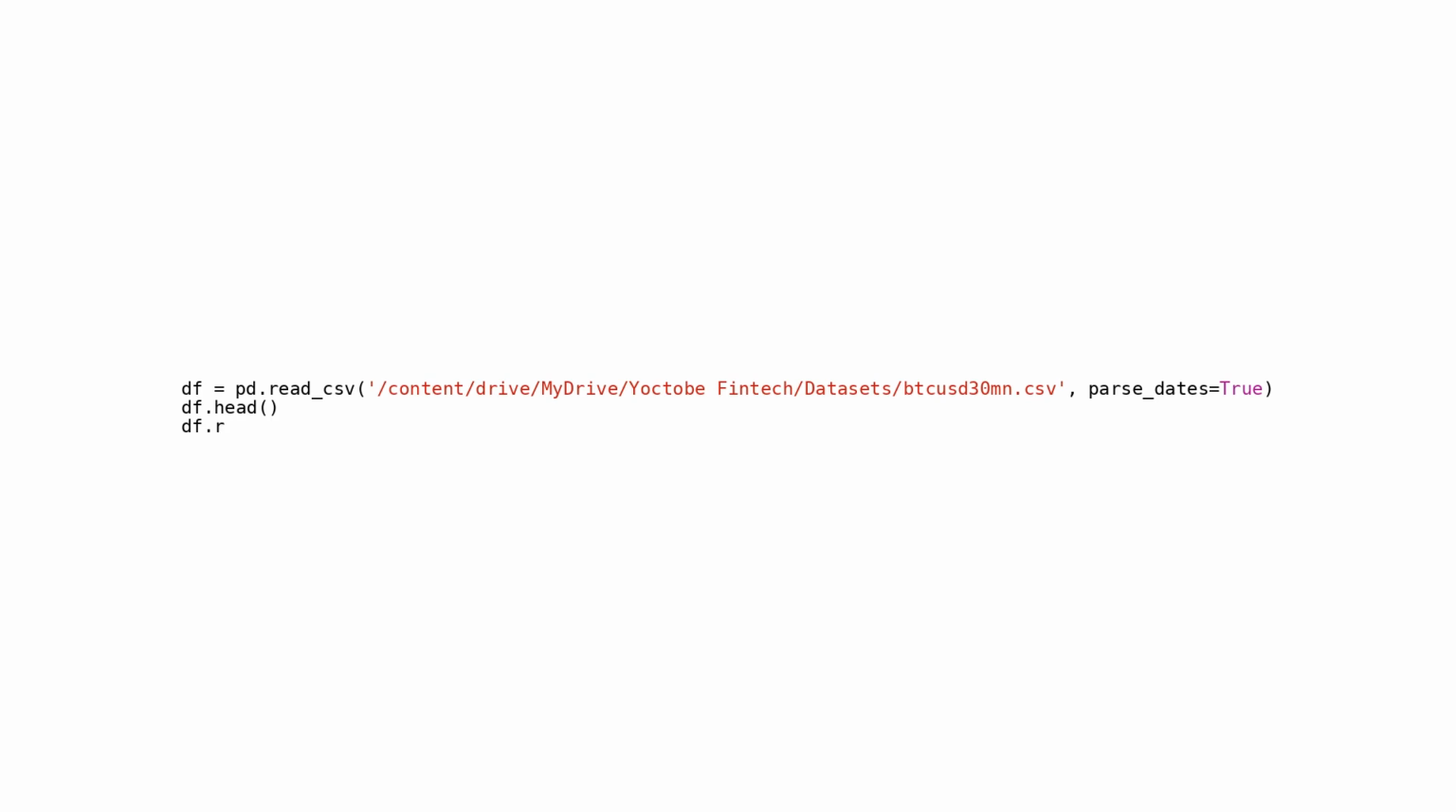This snippet uses the Pandas library to read a CSV file containing Bitcoin price data. It reads the CSV file with the pd.read_csv function and stores it in a dataframe named df. By setting parse_dates equals true, it ensures that the datetime column in the CSV file is interpreted as dates in the dataframe. Then, it renames the datetime column to date, using the rename method, and sets the date column as